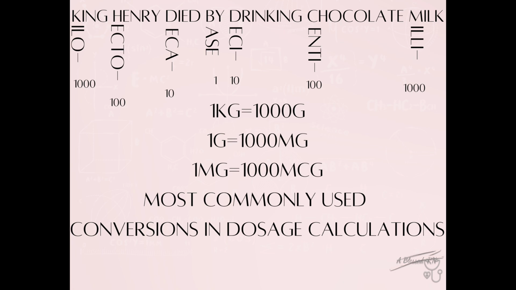No matter which method you choose, the key behind your success will be to know your conversions. Some people find this difficult, but when you start to do your problems, you'll see that there are only a handful that you really need to know. They are the kilogram, gram, milligram, and microgram, and they are all separated by factors of 1,000. And you see I've included the King Henry died by drinking chocolate milk method to help you memorize the other